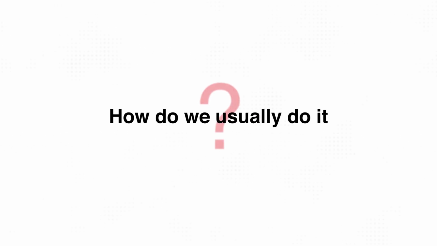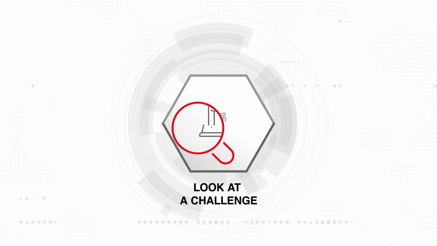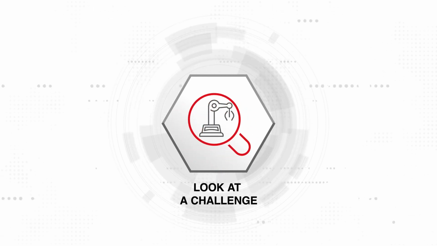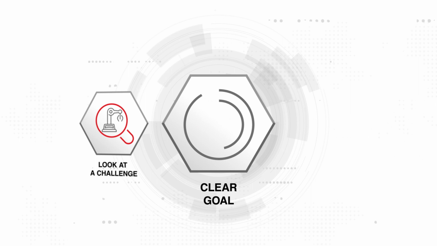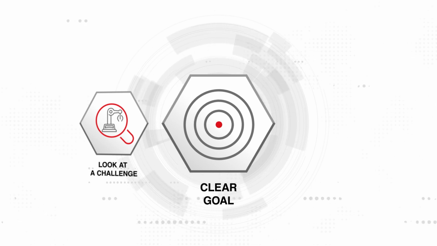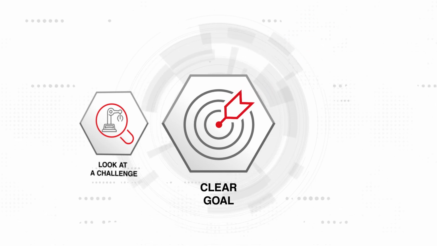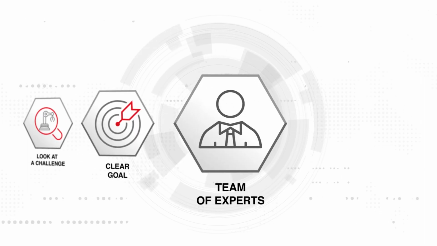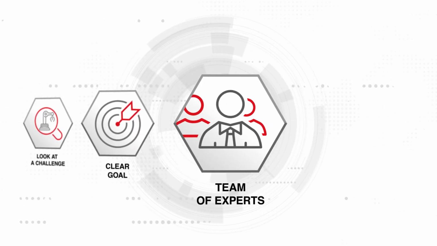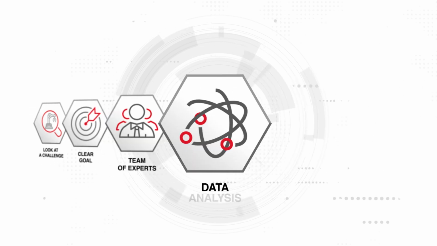So, how do we usually do it? First, we look at a specific challenge in your production. The more specific, the better. Then, together with your management, we define a clear goal on what should be achieved and when. After that, we work with a team of experts from different disciplines and involve process experts to analyze the data